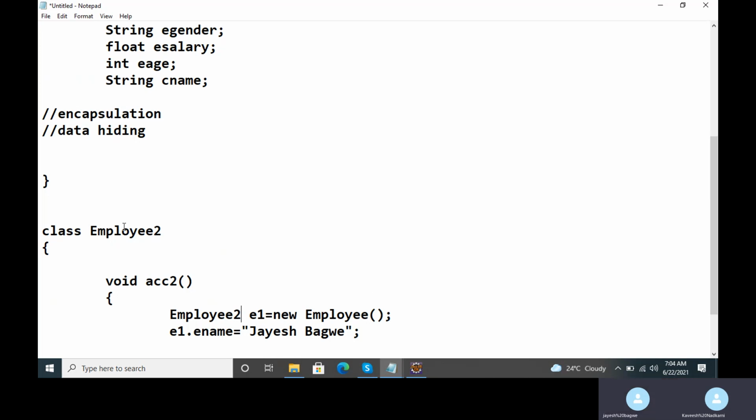Then you can write it because you are in the same class. But now I am not inside the same class employee1. I am inside another class employee2. And so here I am still able to access the data members of the object E1 which I have created, Jayesh. So this, as I told you now, is not good programming practice. Clear, Jayesh? Okay, yes.